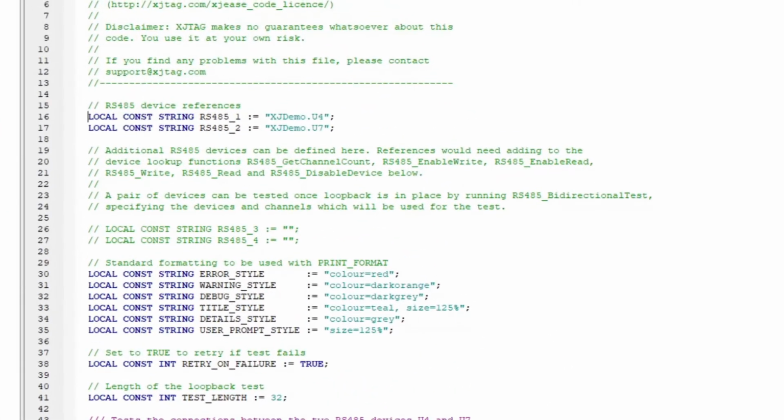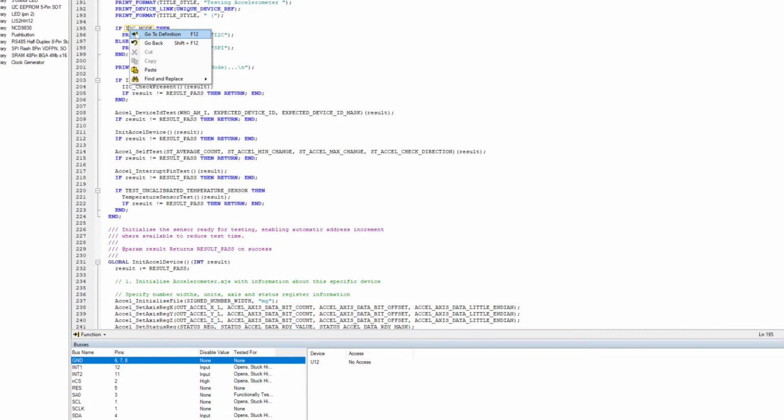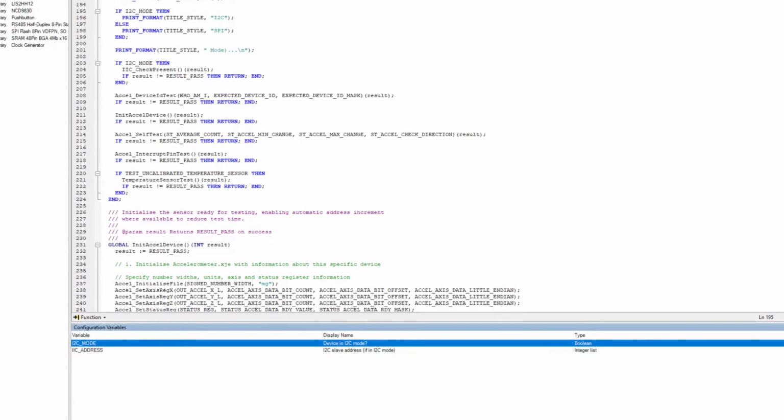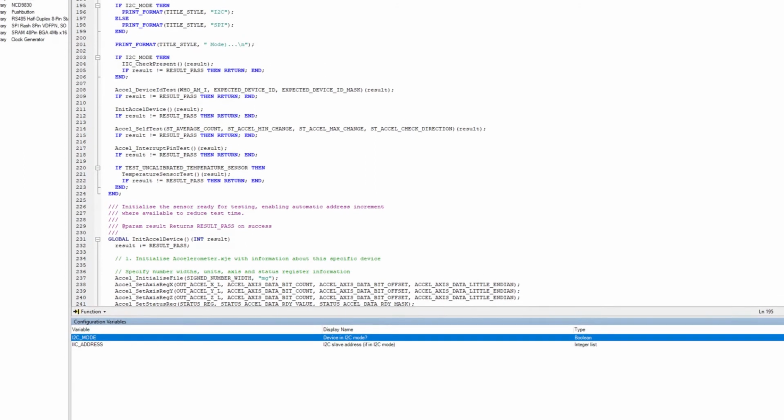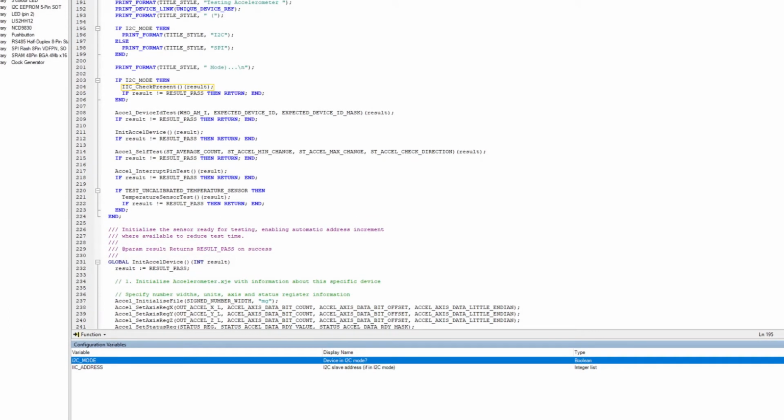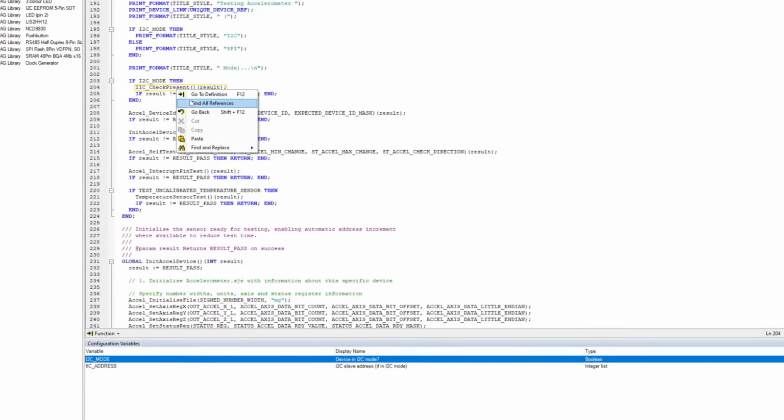For functions and variables, you'll be taken straight to the relevant line of code. And for buses and configuration variables, it will take you to the tab of the appropriate file with the item highlighted. You can also find all references to a particular variable or method in your project's files. Simply right-click the item and select this new option from the context menu, or use Ctrl F12.